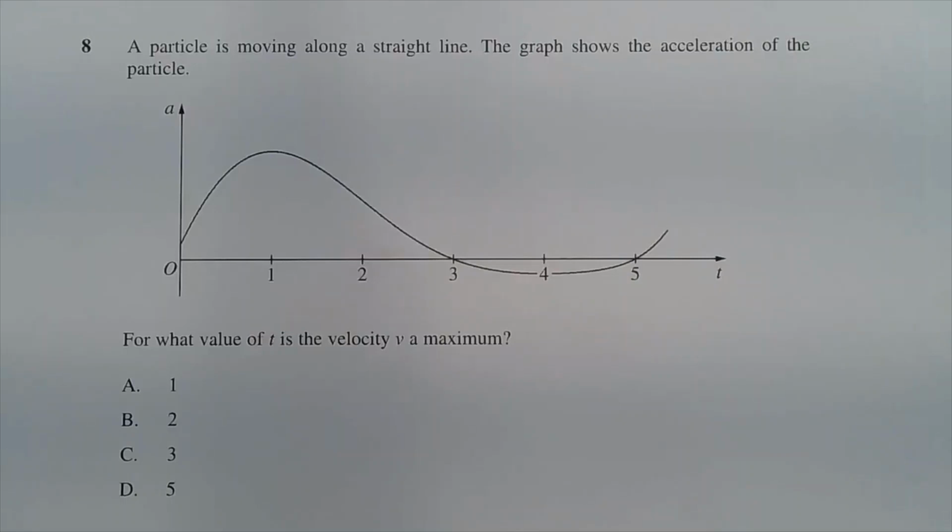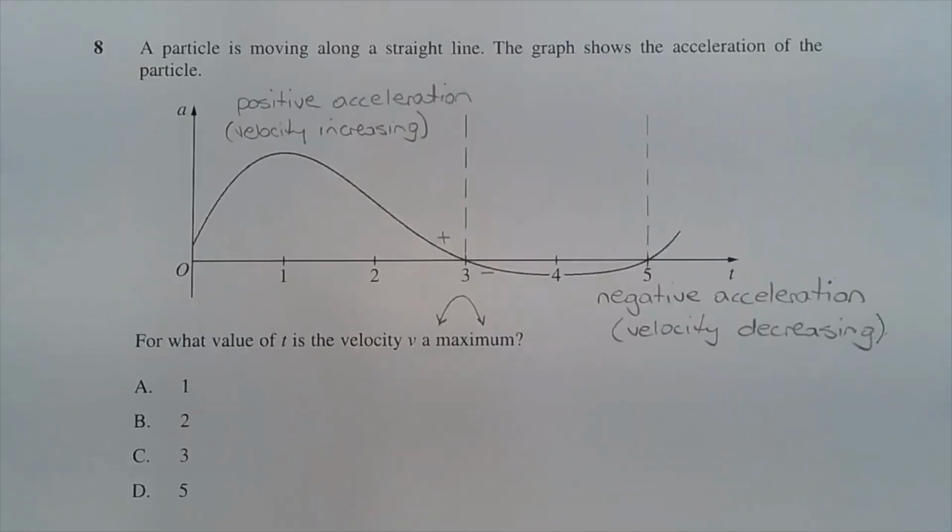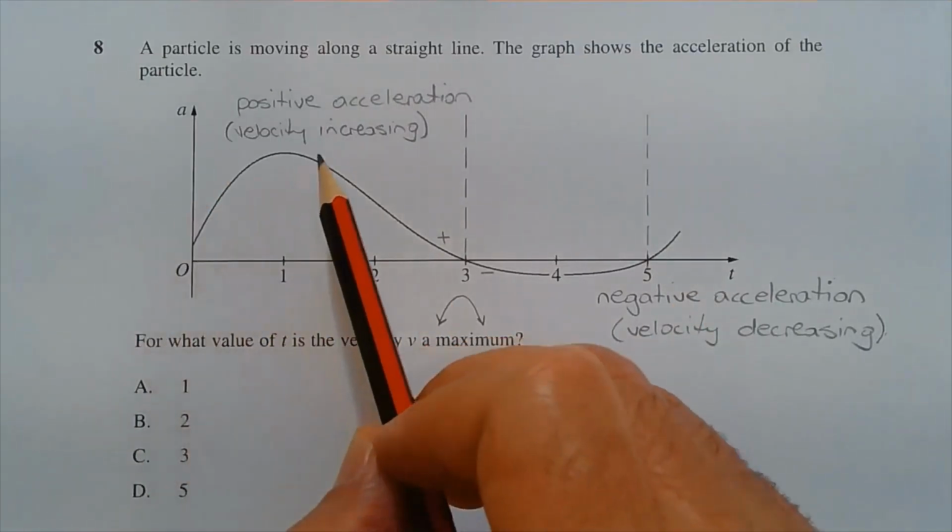Question 8. A particle is moving along a straight line. The graph shows the acceleration of the particle. For what values of t is the velocity v a maximum? Looking at the graph of acceleration with respect to time, we can see that the graph is above the x-axis